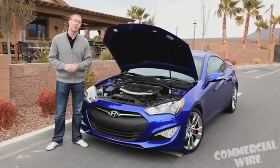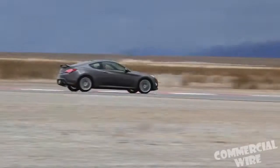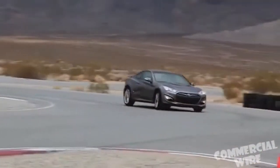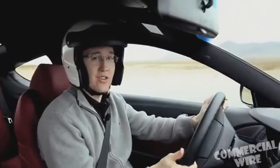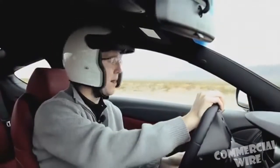It actually will do a 0 to 60 time, Hyundai claims, in just over 5 seconds, and combined with a pretty decent curb weight, they're saying that it actually has a better power to weight ratio than a BMW 335i or an Infiniti G37. With the chance to test out both engines on the track, it's remarkable how much more